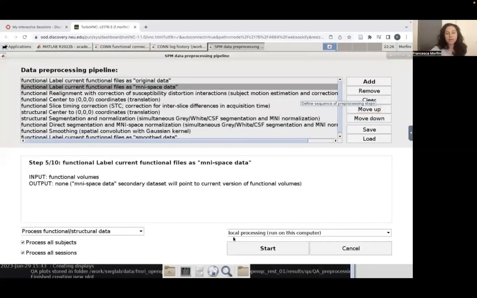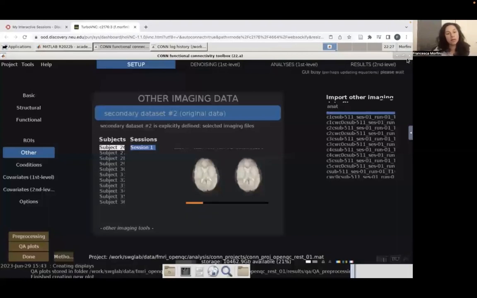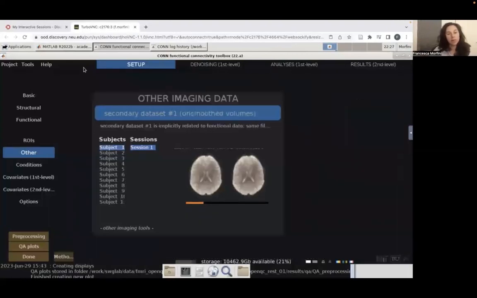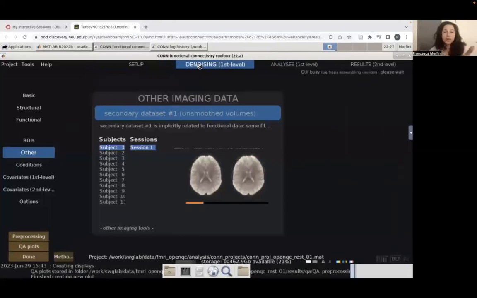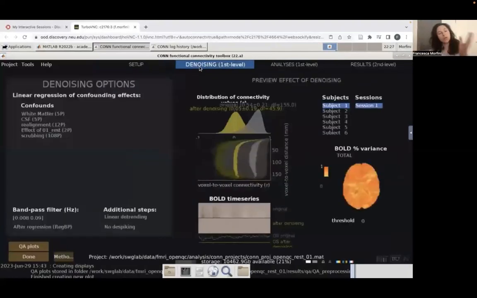But the general idea is that after the pipeline of choice is applied, one would have fully preprocessed data, which then would have to be denoised. And one could decide to, for example, do quality control after preprocessing directly, but potentially one could also apply denoising, and in this case,